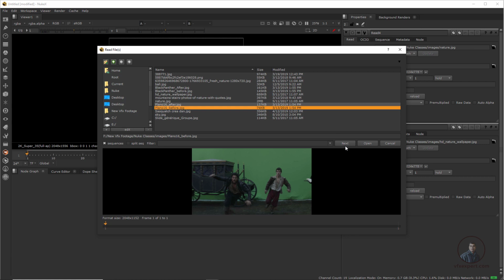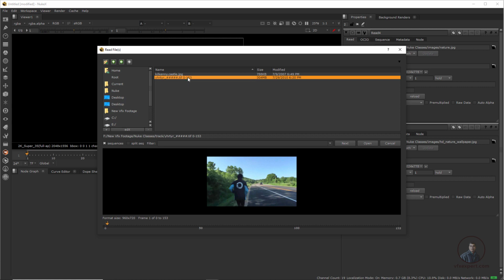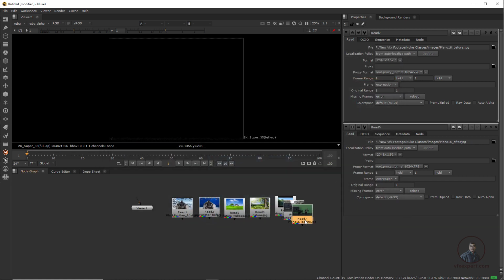Maybe this one, then again click on Next. Even if you want, you can also change folder. Simply click on this option and we go inside another folder. This is our image sequence here. I have selected this image sequence, or you can see our video here. Even downside, if you want, you can simply play and check before importing, and simply click on Open here. Like this you can select different images from different folders or different directories here.